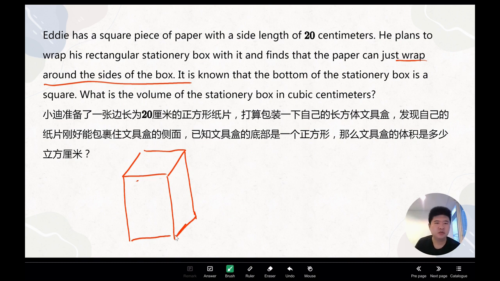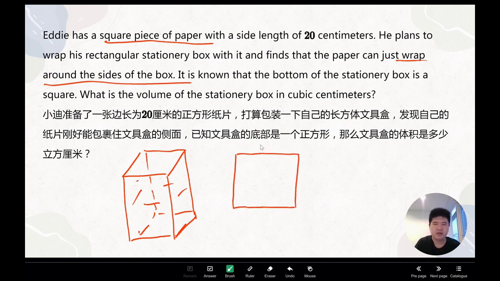And it tells us if we use this square piece of paper, it can just wrap around the side of the box. Means this side, the side on the bottom, the one in the back and the one on the left side. 前右后左这四个面加在一起，正好是一个正方形。What can we get? So if we just expand this box, 如果我们把这个图展开呢，the side here is just a square. 它的侧面就是一个正方形。